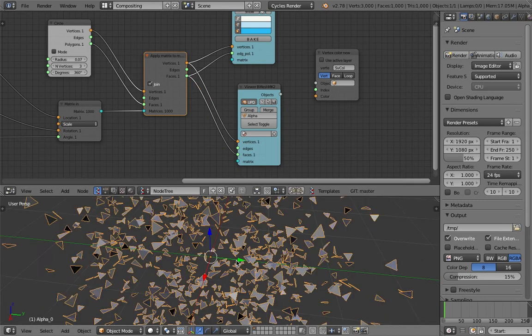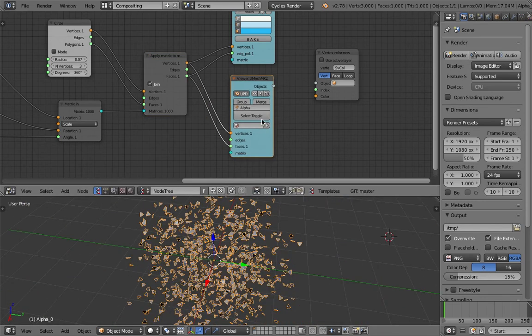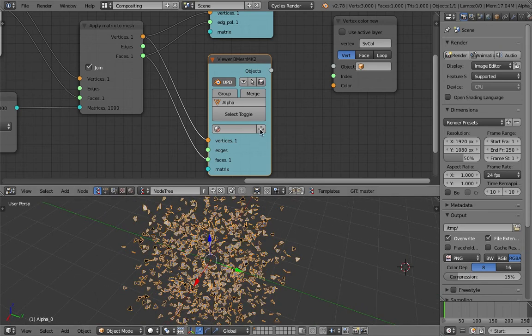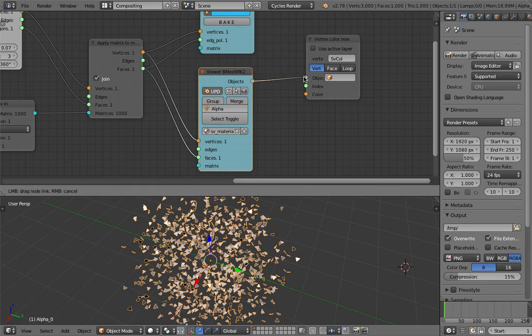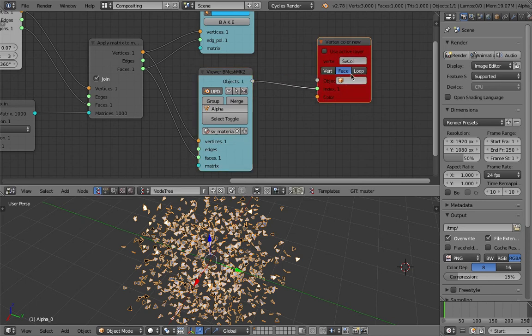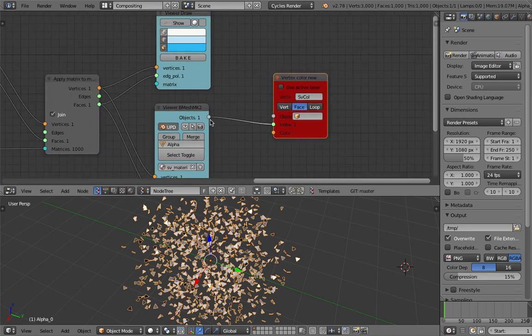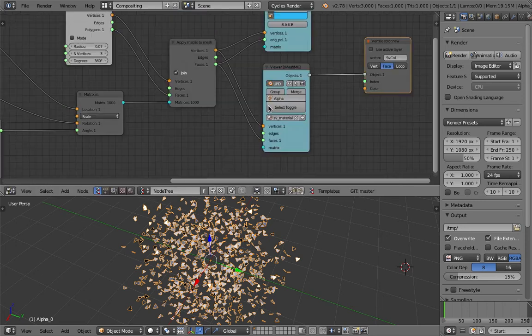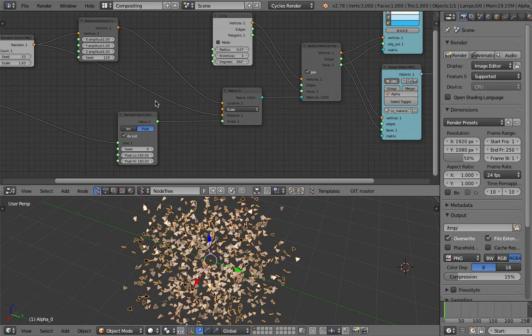Output the face as well, so we have these objects. And for this guy, we want to give a vertex color. Simply assign a material to it and give it a color, and we're gonna do it to the face. Actually, objects goes into the objects, and the color can come from